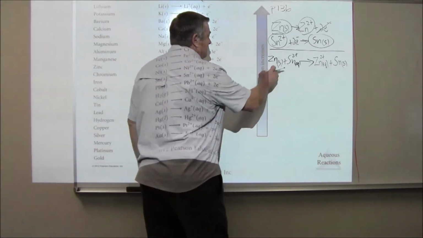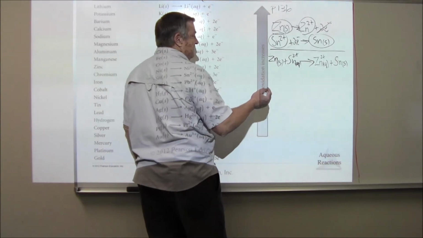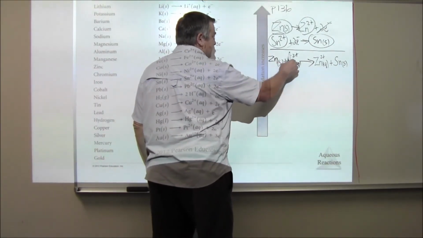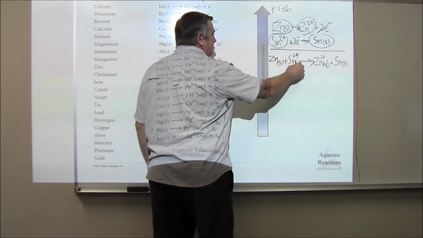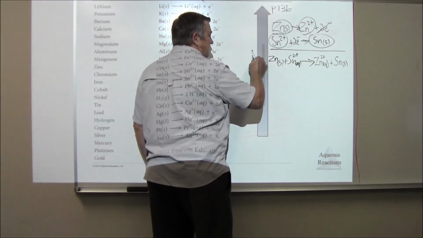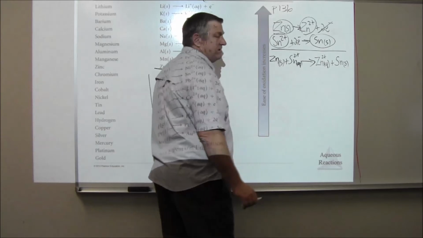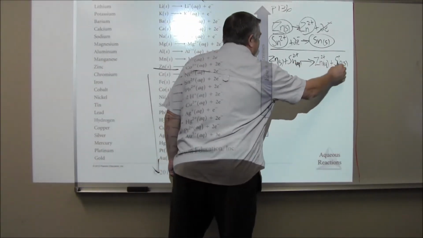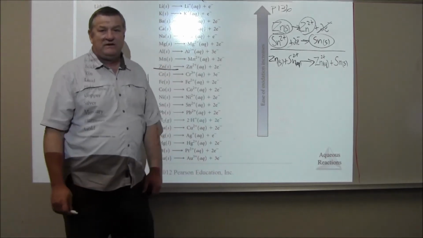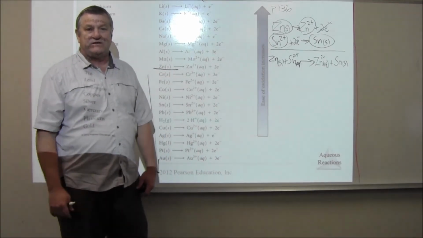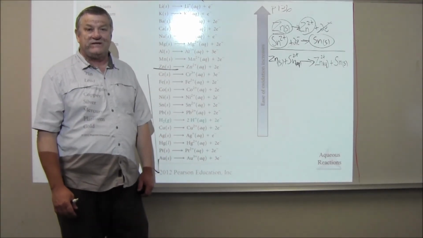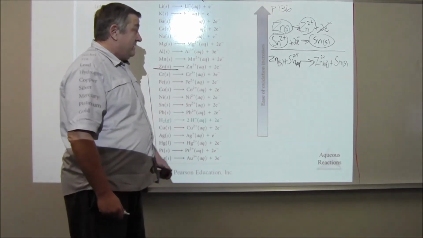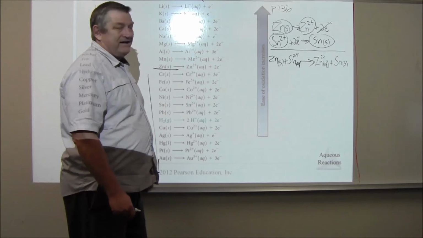And so once again, this is single displacement because this was in a salt and the zinc displaced the tin out of the salt and became the anion that would form a salt if you take the water away. And then the tin and the salt became the neutral metal. They switched places from the neutral metal to the salt. So this is single displacement redox reaction. And it's a pattern that we're learning with this activity series. And so there's the net ionic equation